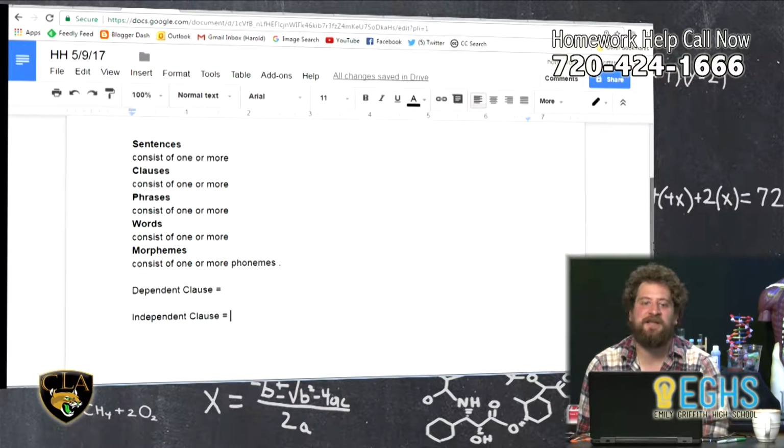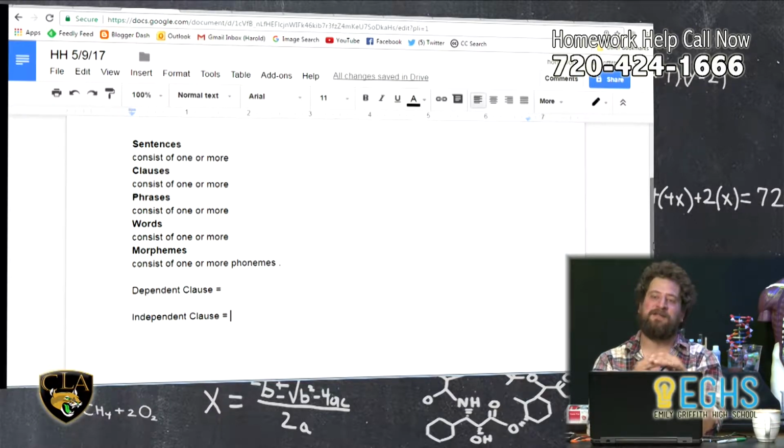So the idea goes like this. The definition of a sentence is a set of words that are composed of one or more clauses. So what's a clause? A clause consists of one or more phrases. A phrase consists of one or more words. And then a word consists of one or more morphemes. A morpheme being the smallest unit of sound that has distinct meaning in a word, like,